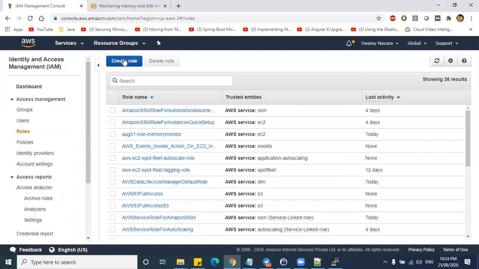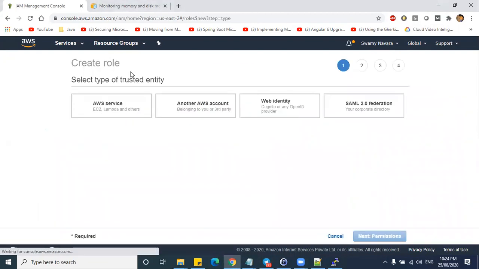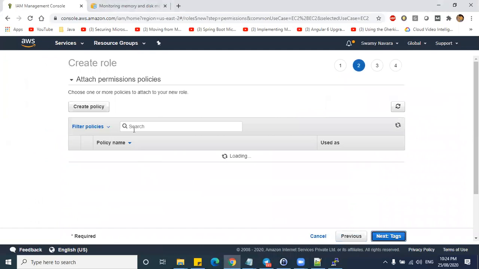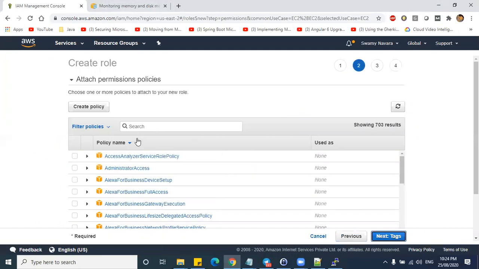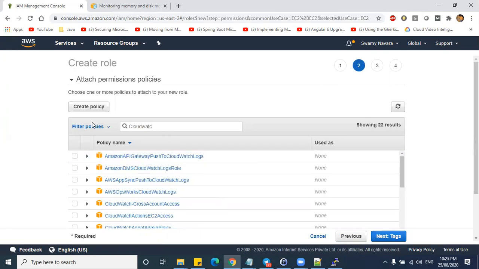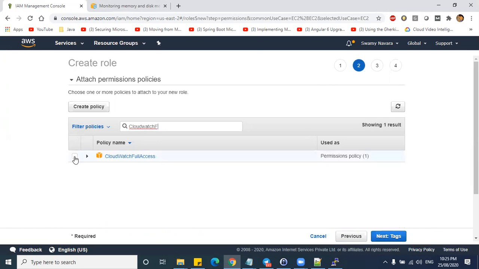Observe how. While creating a role, I'll click on create role and select EC2. Here I'll give some permissions: EC2 full access, CloudWatch full access, and CloudWatch logs also I'll give.